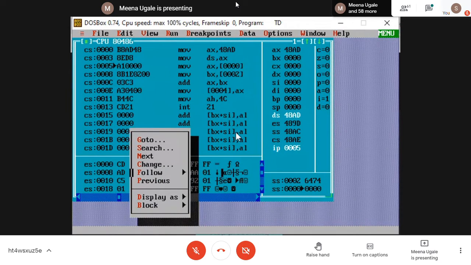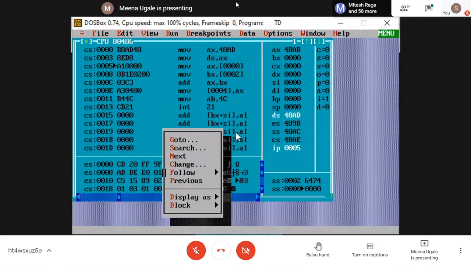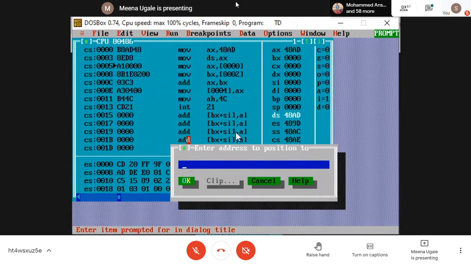All of you, please listen to this. First, you click on this down area, down after your code segment. Go for right click and click on the go to option. Once you click on go to, you are going to get a screen like this. Here I am going to type, I want to go